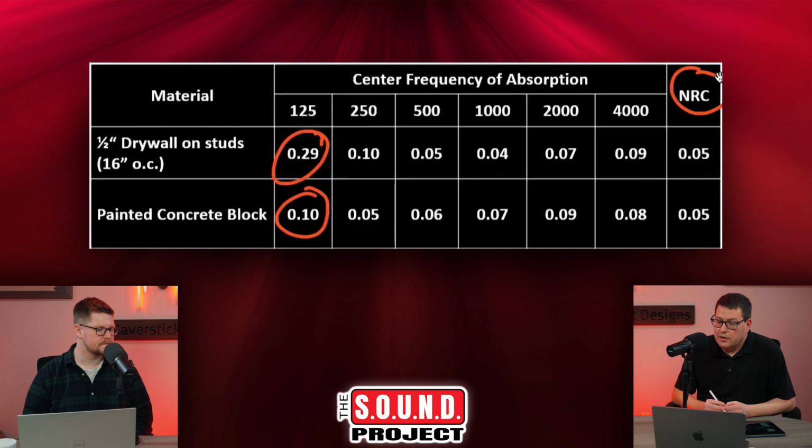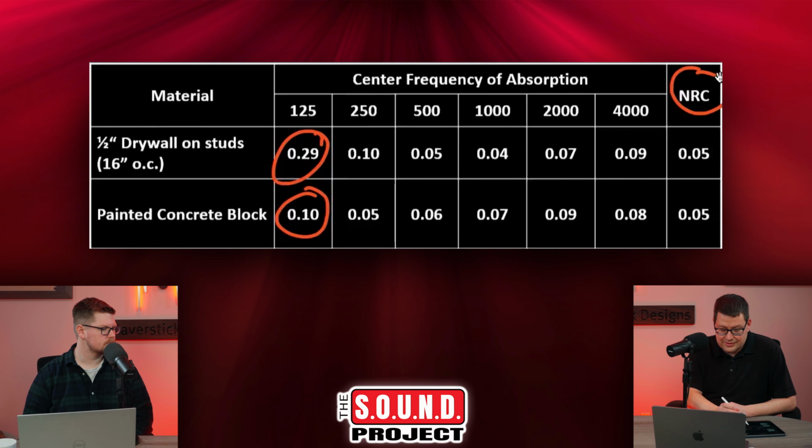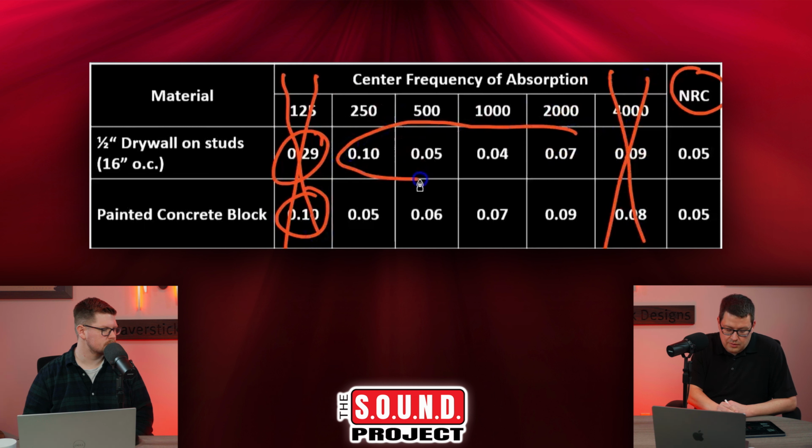It's something where if you went by NRC alone, you might think that a room completely covered in half-inch drywall on studs would sound the exact same as one that's concrete. And that's just not the case. Sure. And it's because 125 hertz is not even included in the metric, and neither is 4,000. All you do is take these four absorption coefficients here at 250, 500, 1,000, and 2,000,